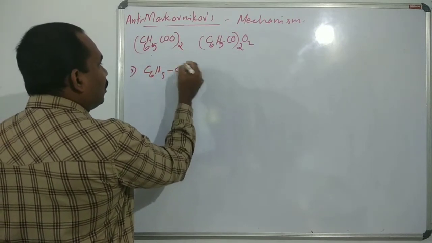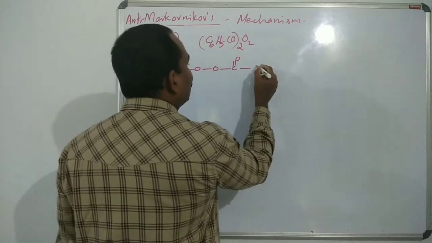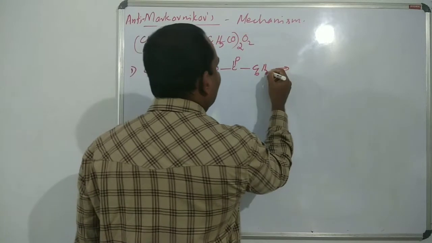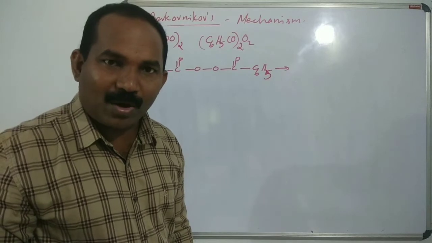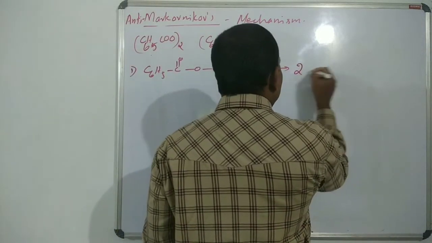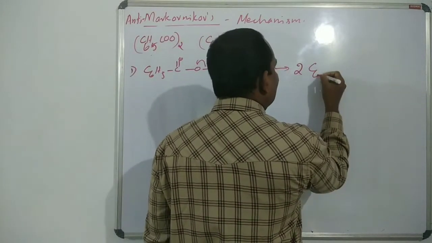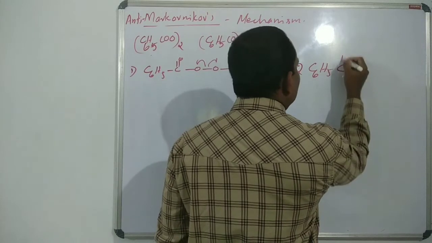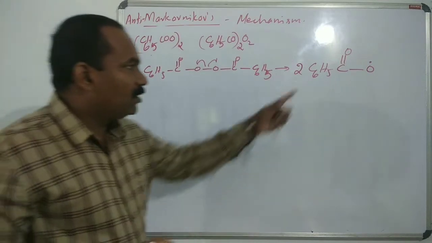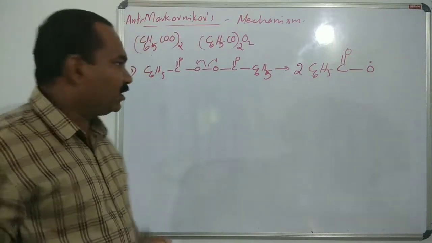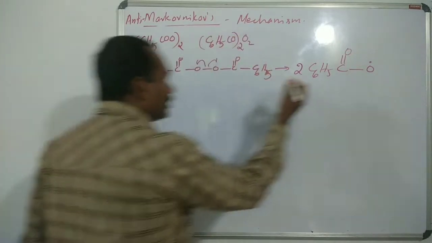C6H5C=O, the peroxide, undergoes homolytic fission, homolysis. What we get? 2 moles of C6H5C=O free radical. Benzoyl peroxide gives the benzoyl free radical, and that free radical gives